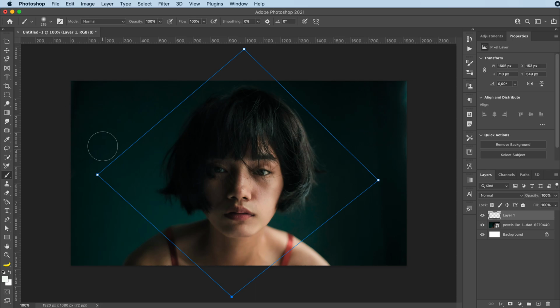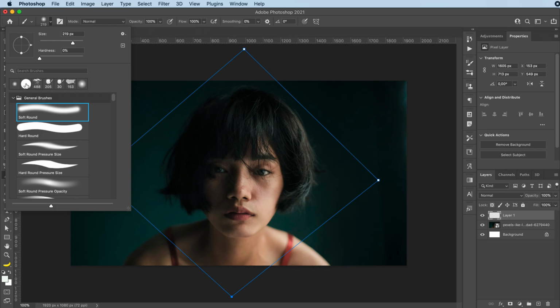We are going to give this path a stroke, and we're going to do that by giving it the stroke of our brush. So we're going to select a hard round brush and we're going to make it small because we want this to be the outline. So I'm guessing maybe like 9, maybe less. Let's go with 6. We want a pretty thin